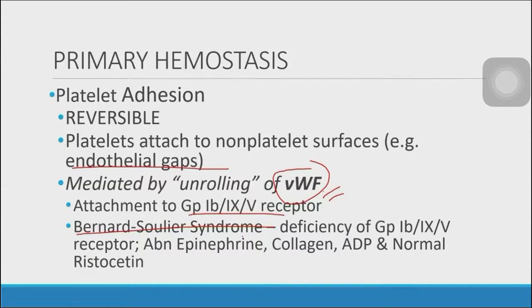Okay? For Bernard-Soulier syndrome, ano ba yung mga characteristic result? Meron dyan thrombocytopenia and of course, may giant platelet. Ano ba dapat nating tandaan dyan? Yung result niya for platelet aggregometry or platelet aggregation tests. Huwag kakalimutan, in Bernard-Soulier syndrome, siya yung may abnormal result in the presence of epinephrine, collagen, and ADP. These three are potent agonists for platelet activation. So abnormal siya in the presence of epinephrine, collagen, and ADP, and normal aggregation with ristocetin.